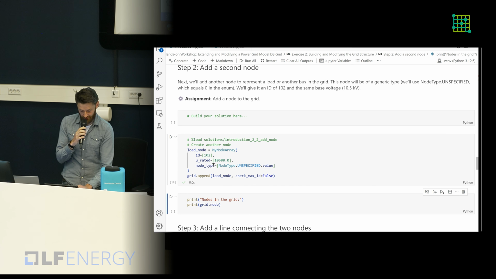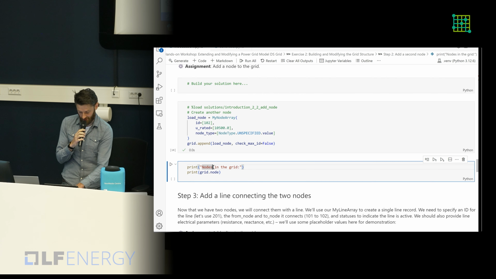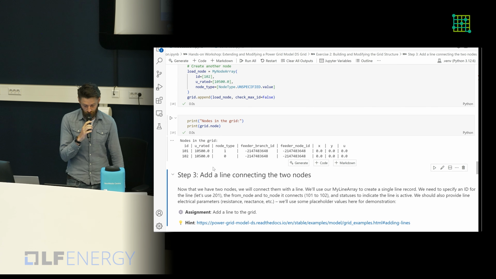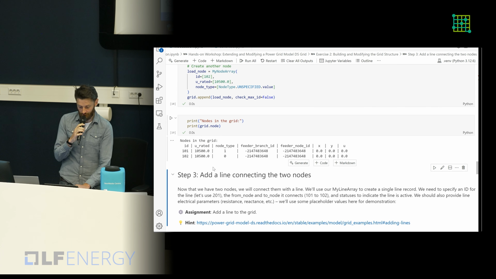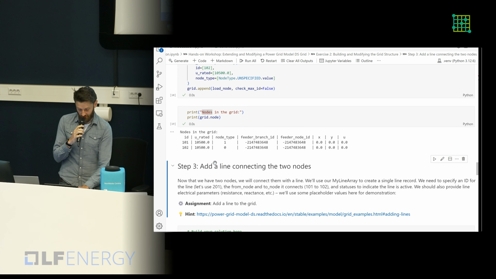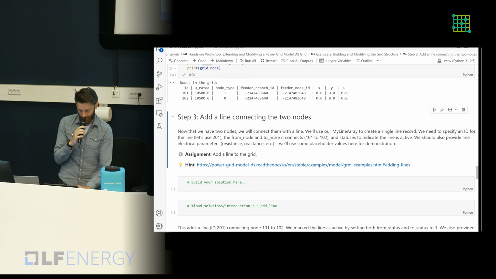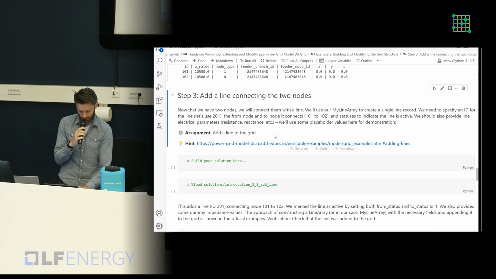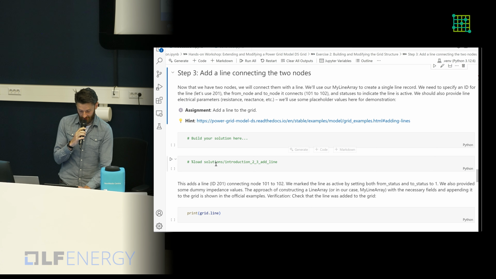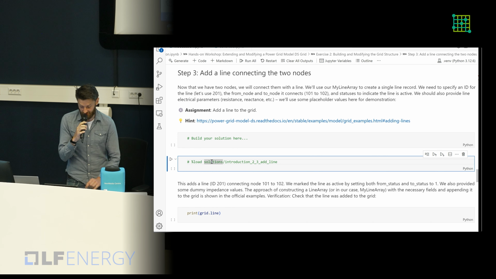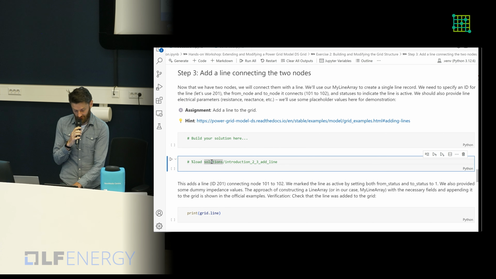So I'll try not to forget to run this time, and then we actually have two nodes now in the grid. We can ignore these attributes for now, but they will be used in the advanced notebook after this.